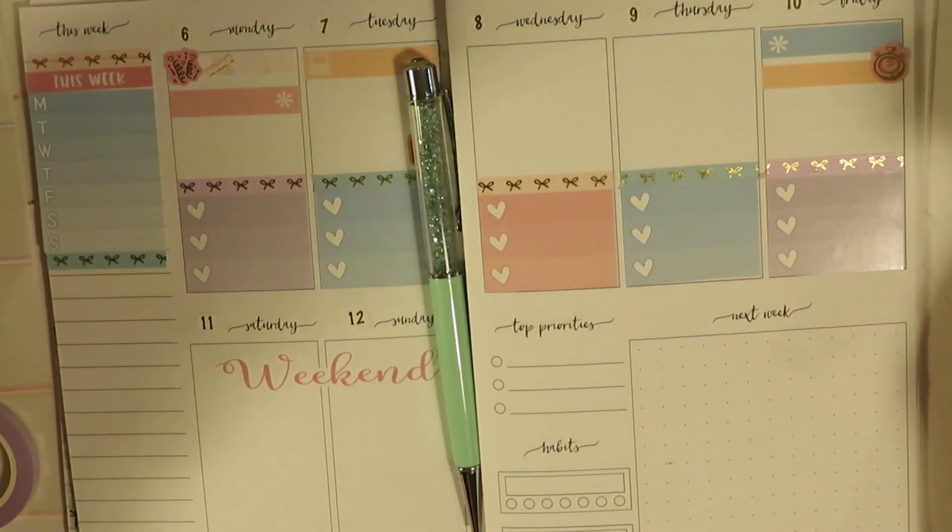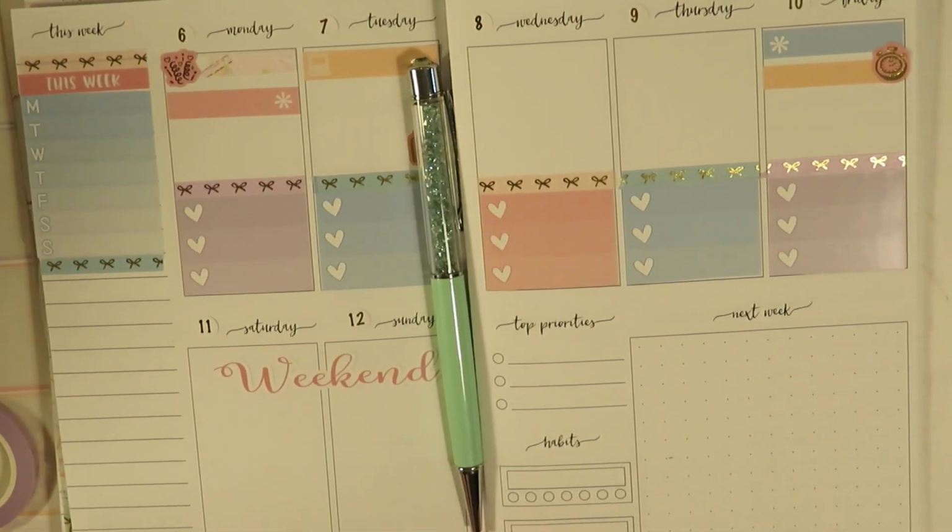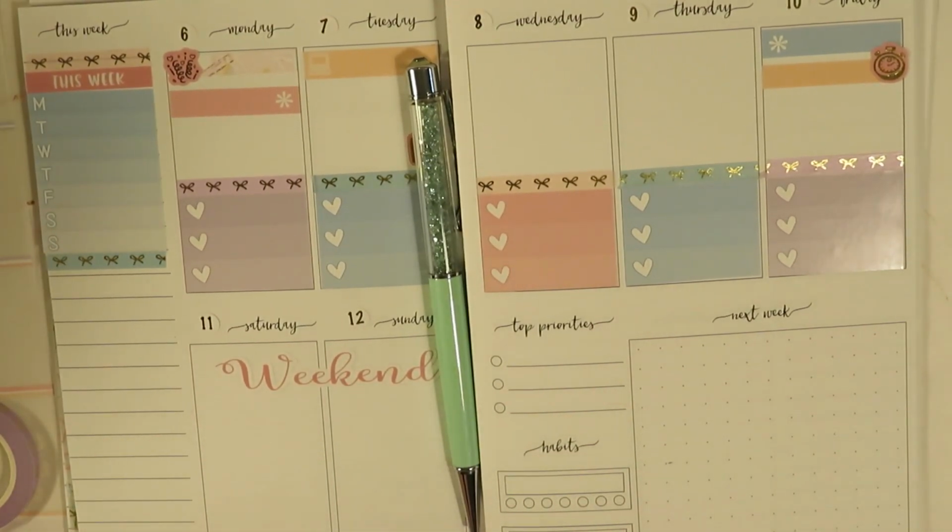I'd love to get insight on this. One of the things I've always struggled with ever since I started this job is finding a work planner that works for me. I'm pretty sure I've gone through 3 or 4 different planners. I started out with an hourly planner. I went to a personal planner. Now I'm trying a TN. Nothing's really working for me, so I would love